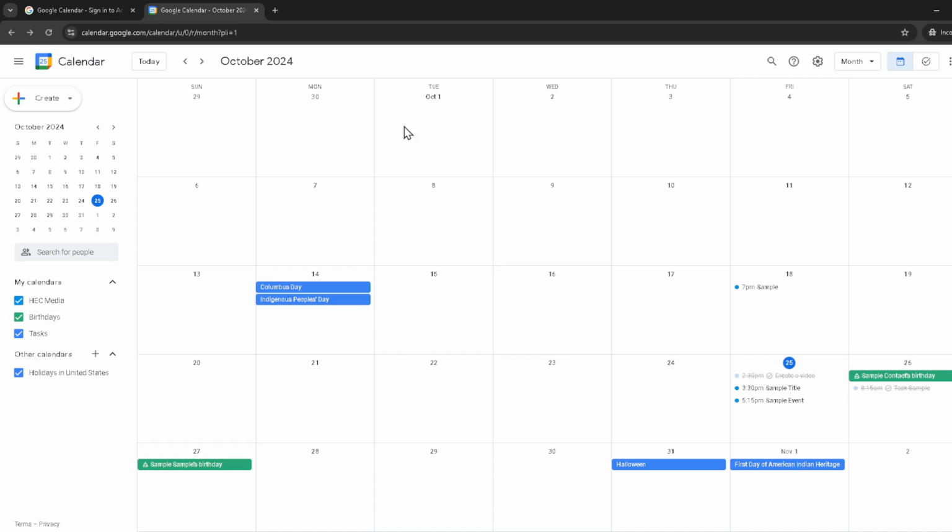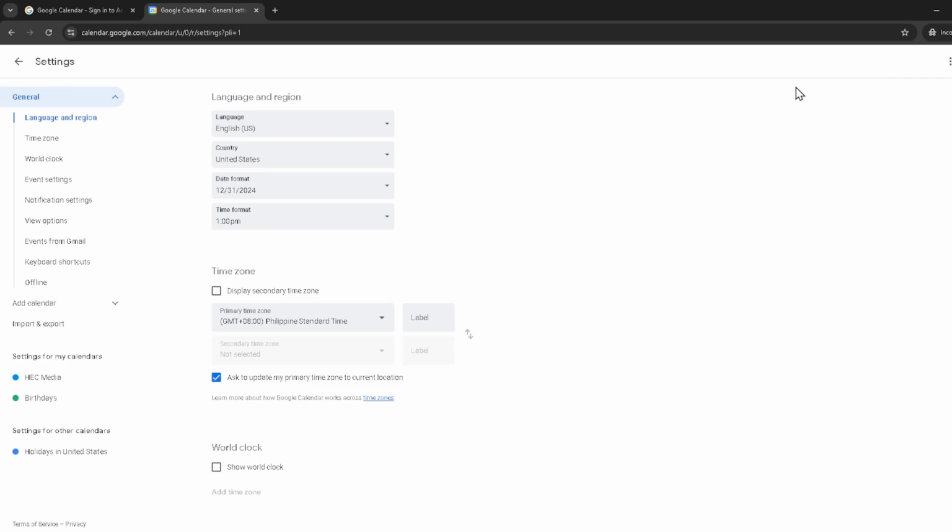Now it's time to open the Settings menu. Look towards the top right corner of your screen. You should see a gear icon. Click on this icon to open a drop-down menu where you will then click Settings. This will navigate you away from the calendar itself and into the Settings menu where we can adjust your notification